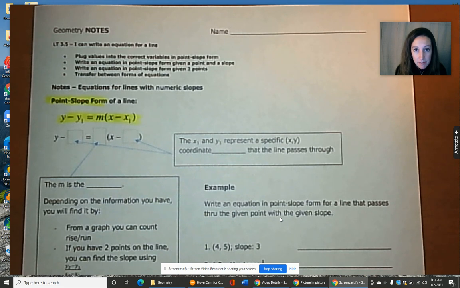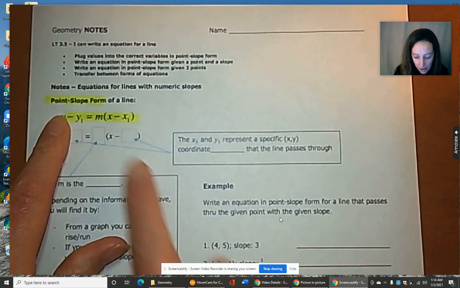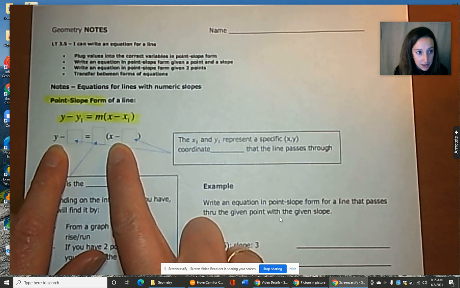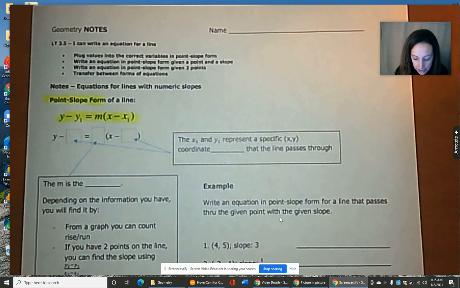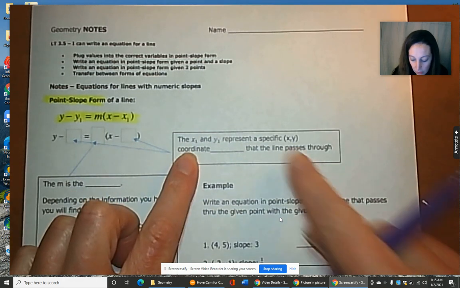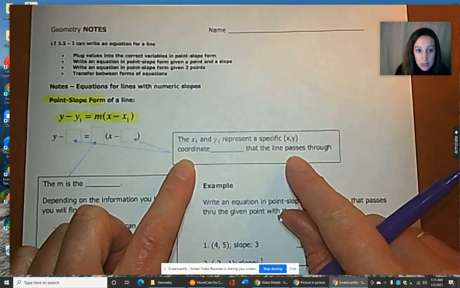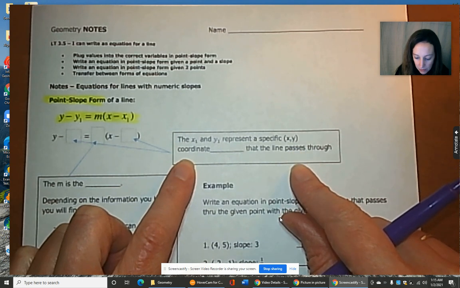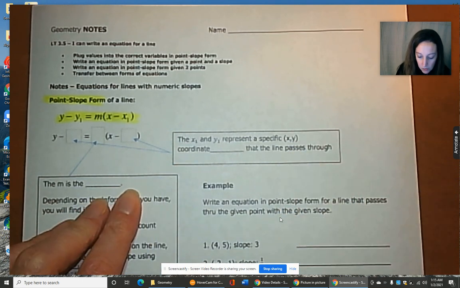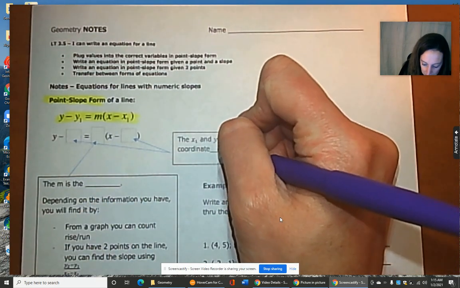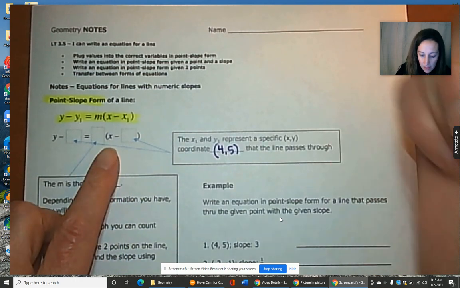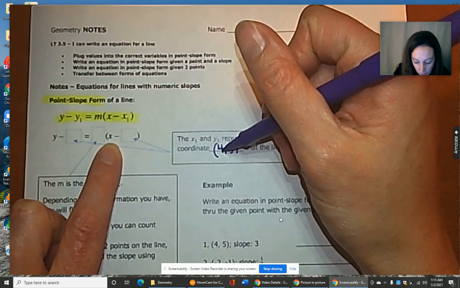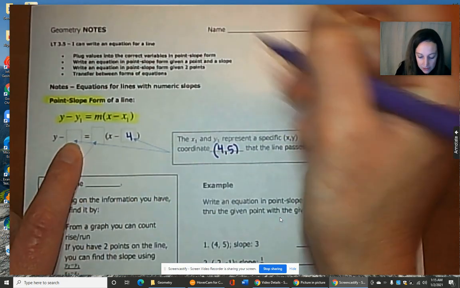Every equation of a line, if it has a numeric slope, will have a y and an x. So you'll see that that y and x is right here, right? The x1 that you see here and the y1 represent a specific point or a specific coordinate that the line passes through. So for instance, if this had been coordinate maybe (4, 5), it's a specific ordered pair point, then the value of 4 is subtracting the x because it's the x value, and the 5 is subtracting the